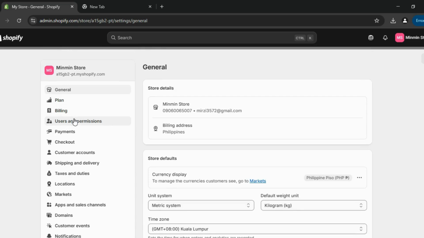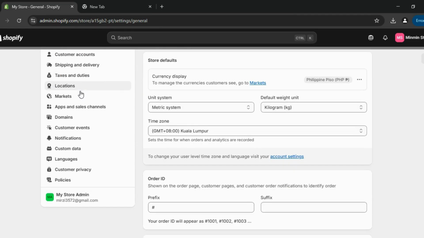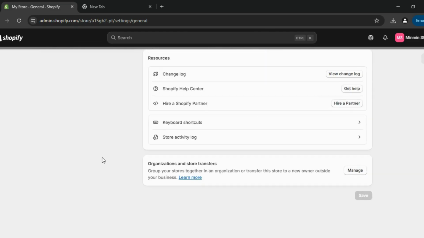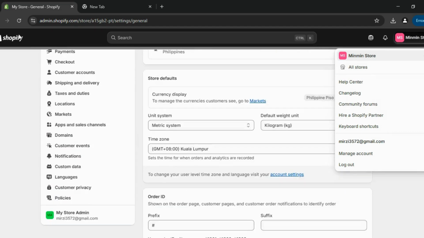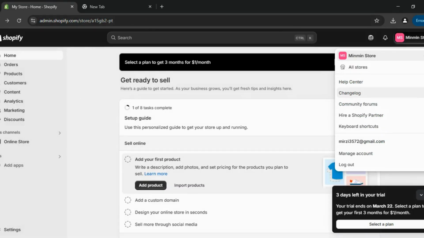Then plan, billing, user permissions, payments, checkouts, taxes and duties, location, markets, apps, channels, domains, customer notifications, and then this one. Then let's go back to our store. Go back on the main page, this one.